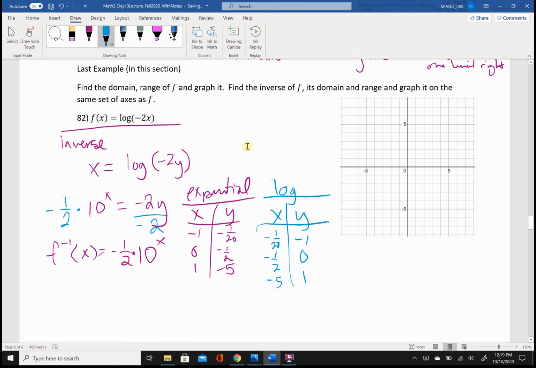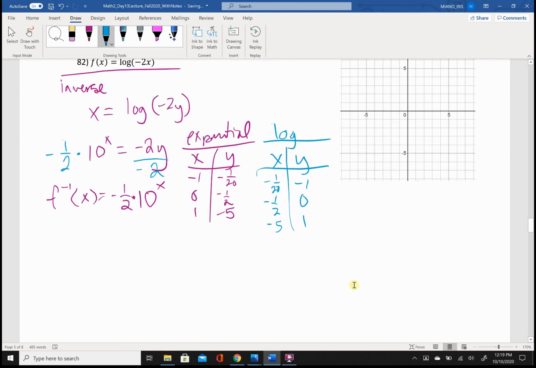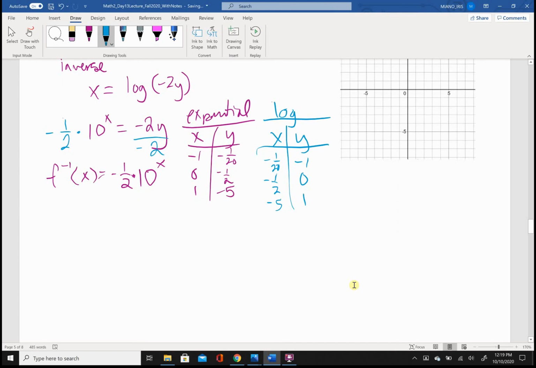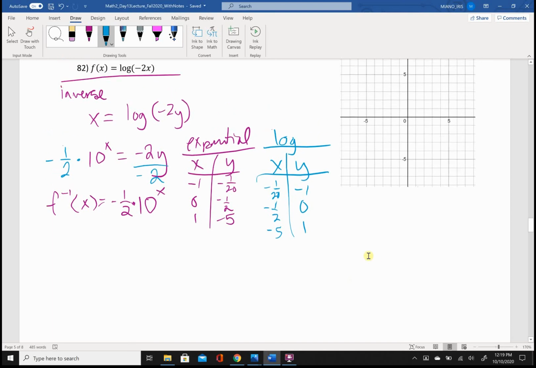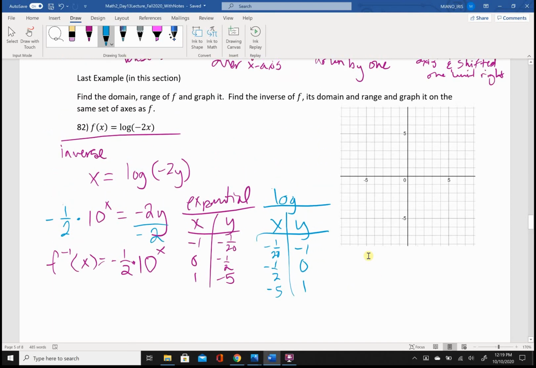Okay, so anyway, before we get too into the graphing, we're ready to graph, but I do want to address the whole domain and range thing, which is something that they wanted us to talk about. So the domain is going to be,